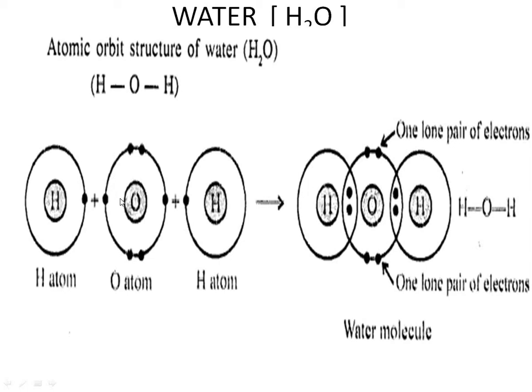See, oxygen, you know, has two electrons in the K shell and 8 in the L shell, that is the remaining 6 electrons. Normally the atomic number of oxygen is 8. So when you are drawing the atomic orbit structure for a covalent molecule, normally we won't represent the innermost shell like in ionic bonding, that is the electrovalent bond. But in covalent bonding we represent only the last shell, like the electron dot structure.